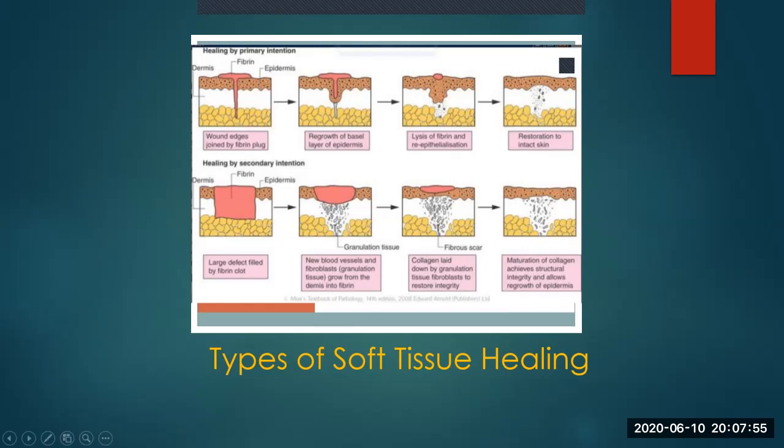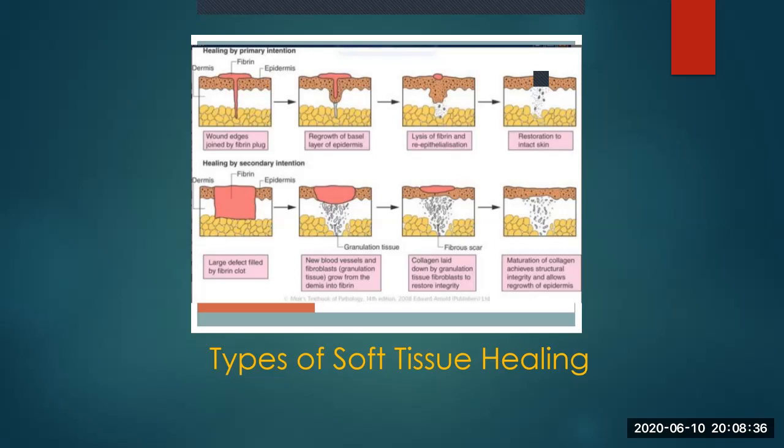around the healing area. Of course, when we say healing by primary intention, that means that the margins of the wound are approximated and become in contact with each other, either by suture or adhesive or whatever tool that can approximate the margins of the wound, so they will become in direct contact. So what we will have here is that the thickness of the epithelium is less in the healing area, I mean at the site of the incision,